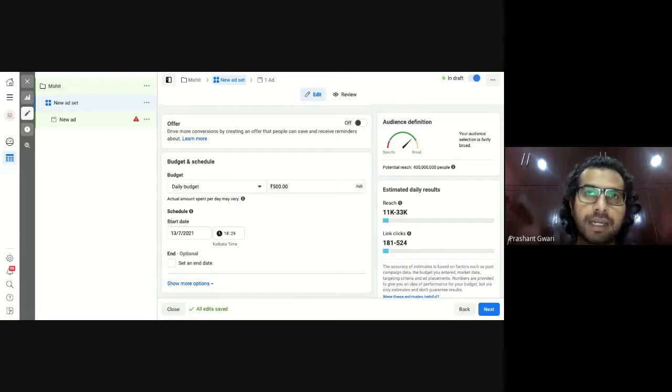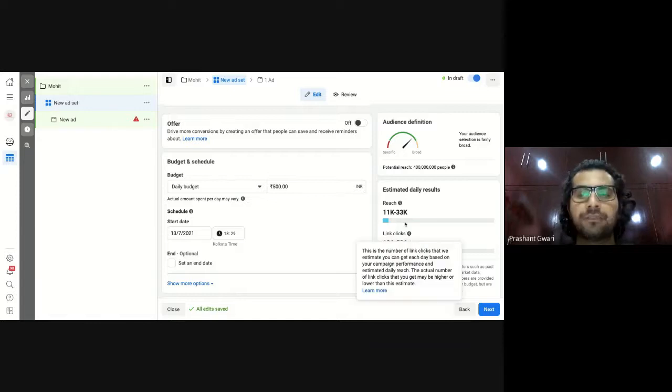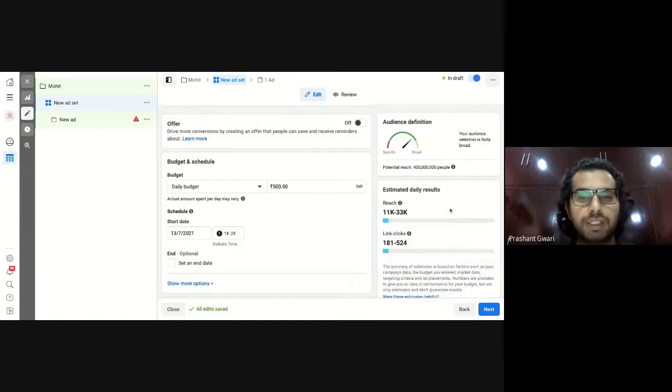If your content, the image or video, is really engaging, if the copywriting, the headline you choose, or the caption you choose, or the text you have added on your video or image is really engaging, really intriguing, you can get a lot of reach and a lot of impressions, even more than 524 or 33,000. So every time you change the budget from here, you will see the change in the reach